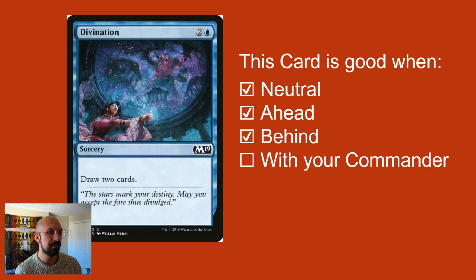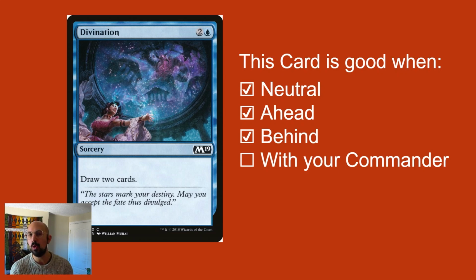So taking an example here, we can look at a card like Divination. Now, I'm using Divination here, but we can generally slot in any non-conditional card draw here, right? So I'm thinking also like Read the Bones, Sign in Blood, cards like that. For a card like Divination, we can see that this card is good in neutral when you and your opponents